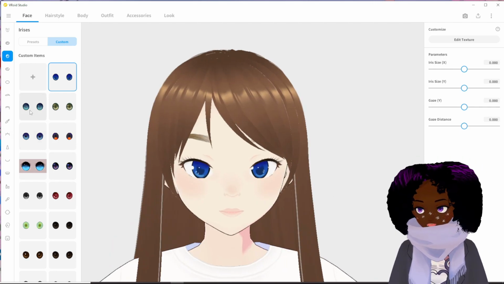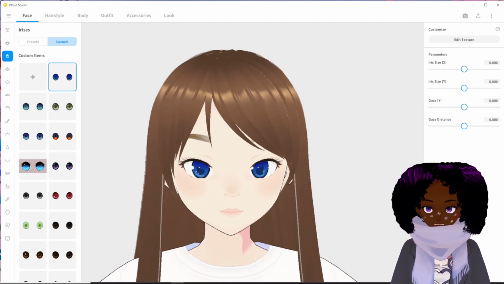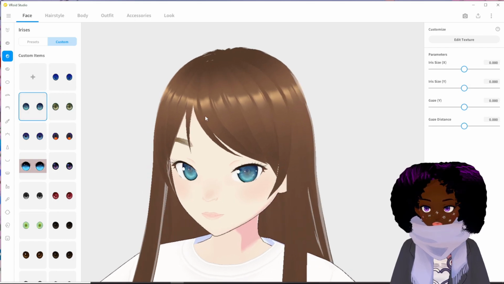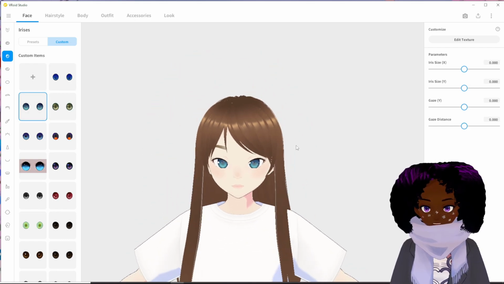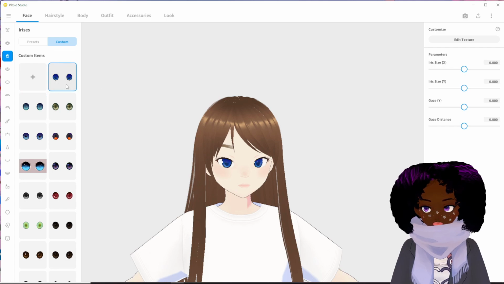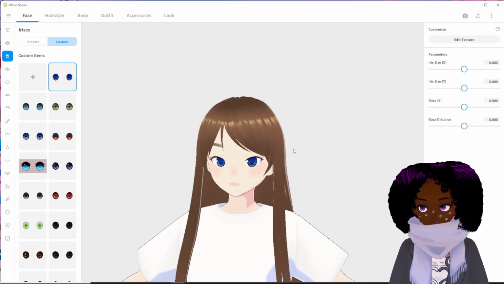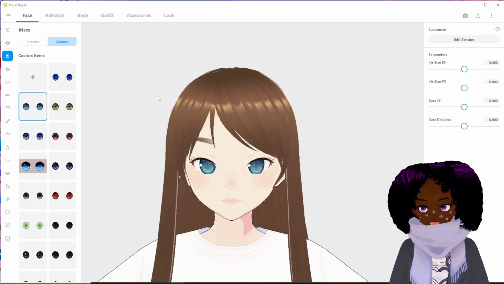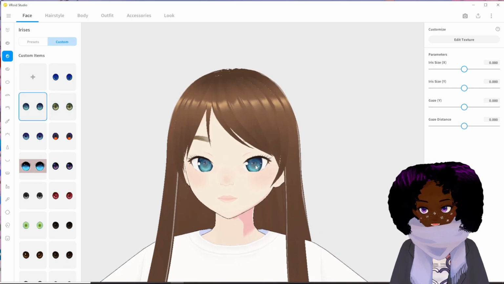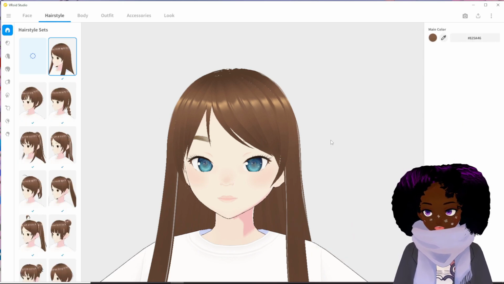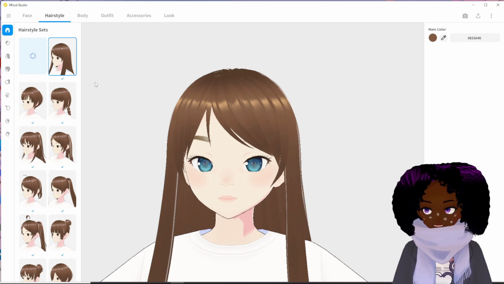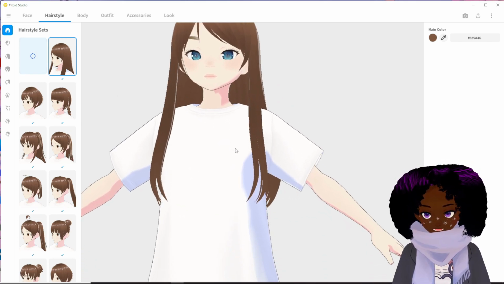All right, so we have our model here. I know I did these eyes last time, but I really like these ones, so we're going to go with these because I feel like it. Both of them are really cute. This one works depending on what you're doing. Let's go with this one. I don't like the other one all that much because it doesn't have an iris, which we will change later. Okay, so here's the preset of the hair that we're going to be working with today.